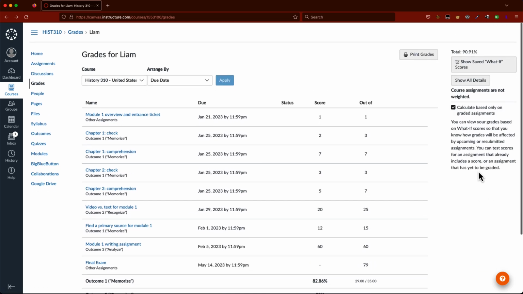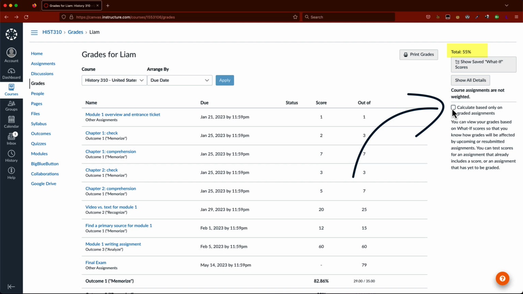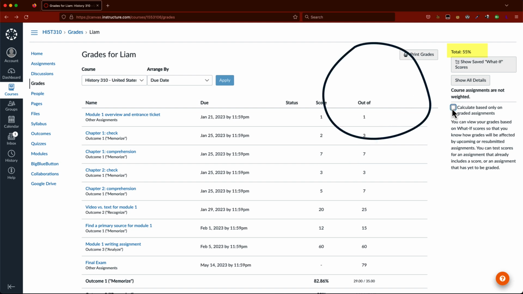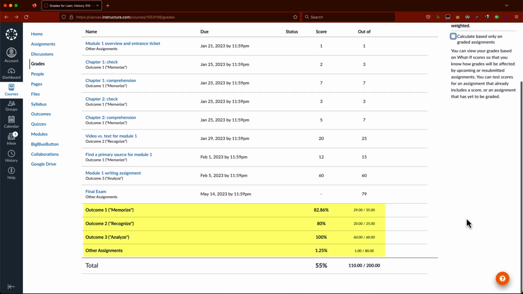We can't do anything about that, but we can do something about the next thing I'm going to show you. The default points possible for their grade calculation only counts graded assessments. So if a student did not do an assessment, they might not realize their actual current score. There is a checkbox to change this calculation setting, but the points possible then changes to the points possible for the entire class. That can be dispiriting. Remember also that the score for each assignment group appears automatically.